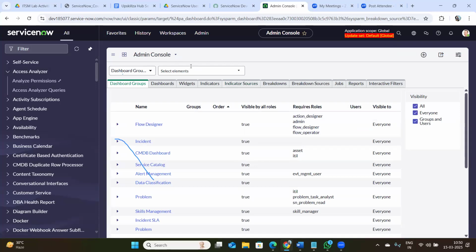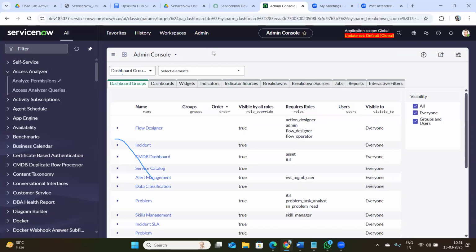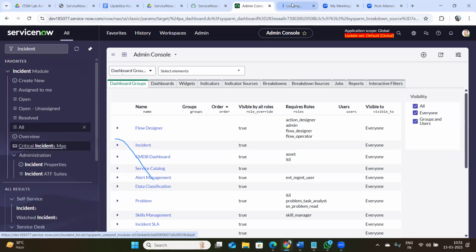However you see the platform here, it will be available in a similar way once you join companies or work on projects. This is the platform that contains a lot of applications, and you can search for all the applications here. Let's say I told you about IT service, like an ITSM tool. If I type incident, this incident comes under the ITSM tool. If I open this,